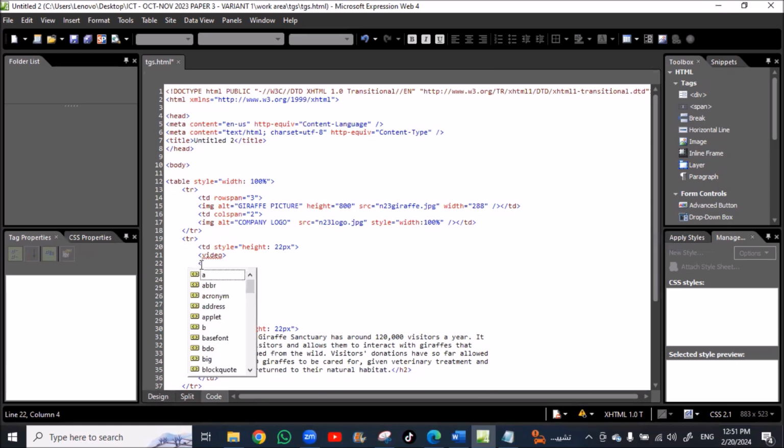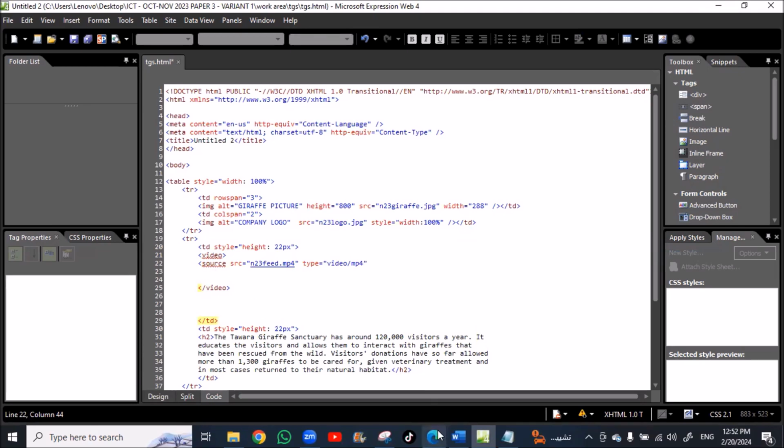We just write source src equal the file name, and then we write the type, which equal video with the extension /mp4.